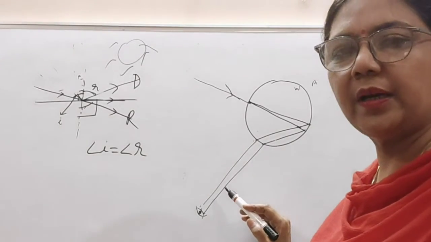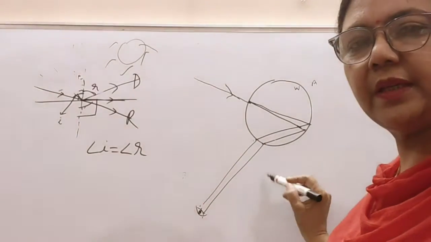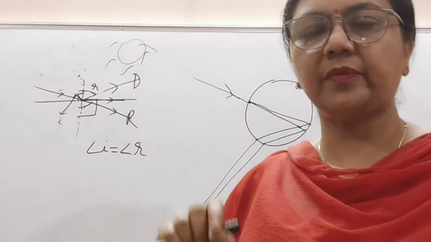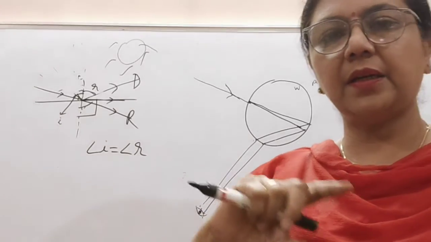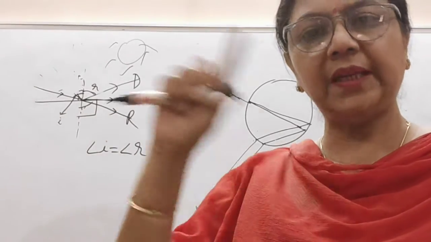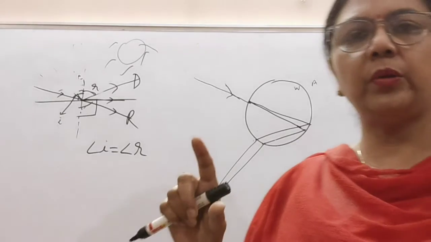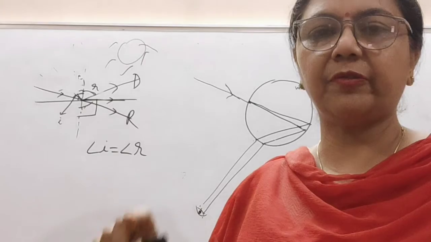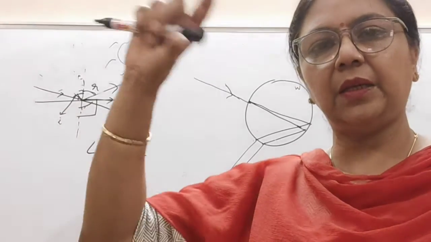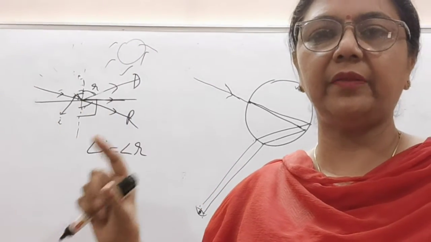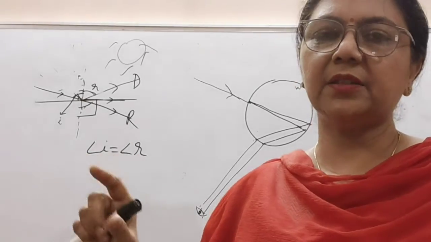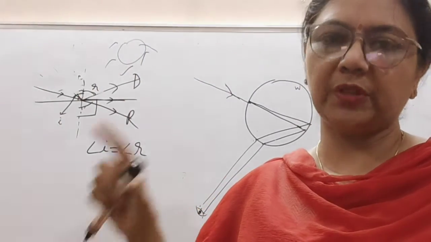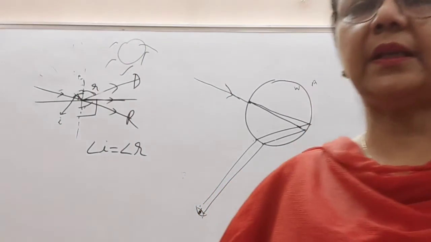Rainbow occurs on the opposite side. It happens because of the wavelength of the colors and because of the direction of the sun rays. It occurs through a few out of millions and millions of raindrops. Only through a few droplets will this phenomenon occur. This can be seen at a particular angle. That is why we cannot see the whole sky colored, only a part of the sky seems colored. This is the case with the rainbow.